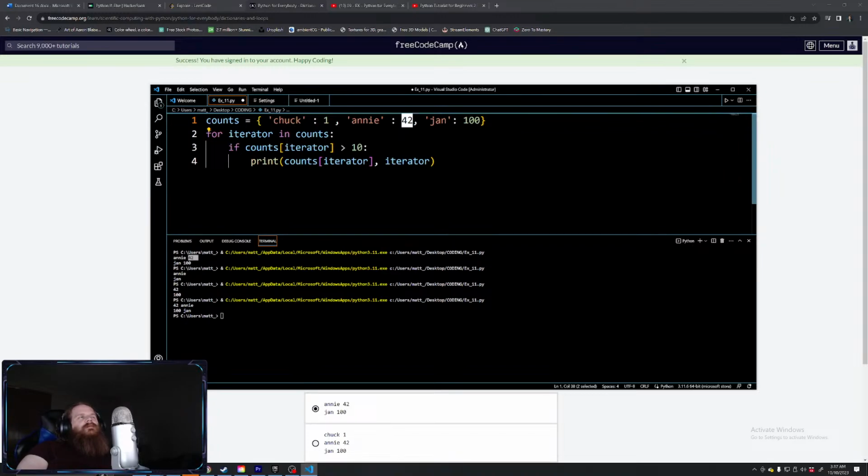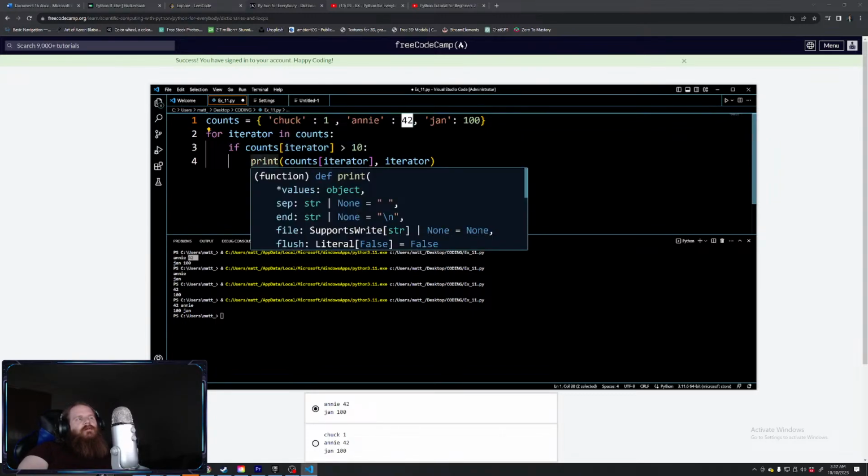If counts iterator, if the iterator going through counts sub iterator, I guess is how it's said, right? If counts sub iterator, if the iterator going through this or if